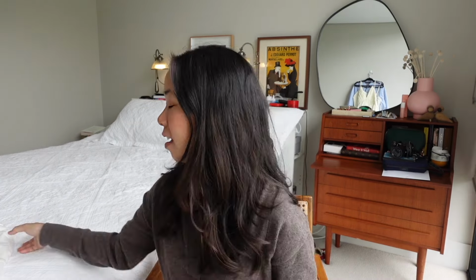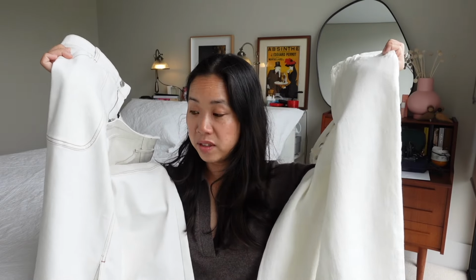Anyway, I'm going to kick things off with something that you would have seen on my Instagram feed, and that is white denim. So I've got a midi skirt here, as well as a pair of straight cut jeans. And the common theme in both of these is that they are both clean. I mean, yes, they have been freshly laundered, but they're also clean in the fabric that is used. There are no frays, there are no rips, which is important to point out, particularly when we're talking about dressing